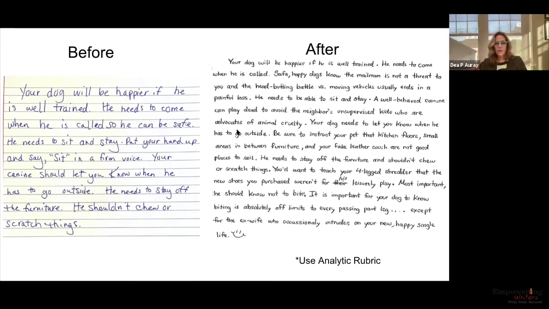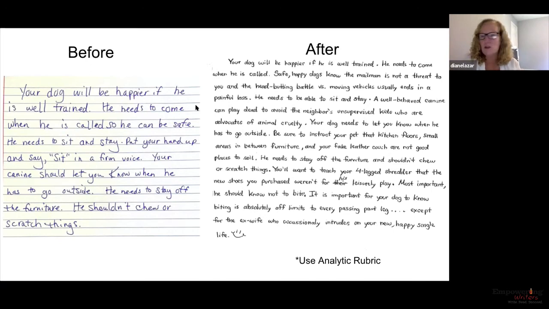So, interestingly enough, one thing that comes up often when we do this is that teachers will say this is a piece that we would consider a finished piece, even though it's not the whole piece. A lot of times we as teachers say, well, it's not a full piece from beginning to end. No, it's not. It is a paragraph that would work well within the context of an informational piece about dogs. So this particular example is one paragraph, but oftentimes we say you've completed the task. And that's part of the revision process as well.